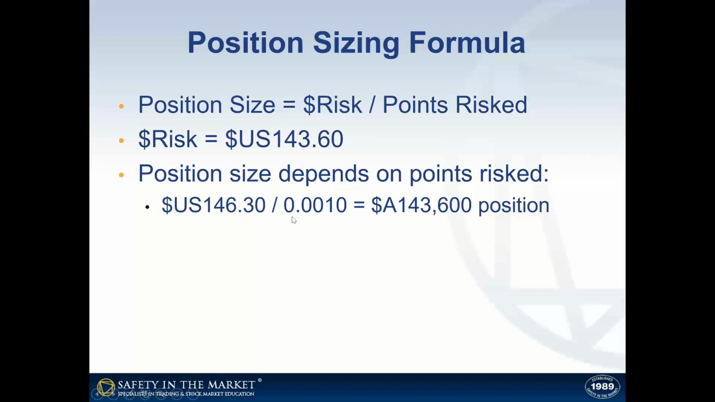146.3 divided by 10 points, so in this case 0.0010, we could take a position of $143,600. Now, $143,600 multiplied by 3.33%, by the way, that's 143,000 Australian dollars, but at 3.33% margin, that is 4,781 Australian dollars. So we would be within our margin rules for the whole account, but we would be exceeding